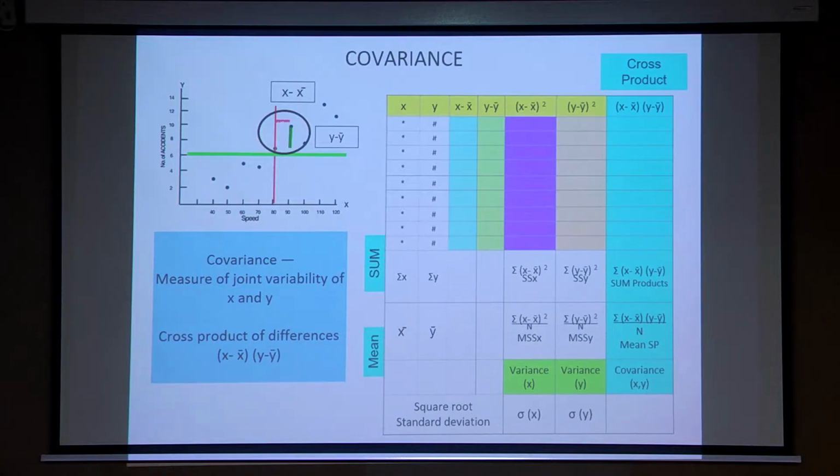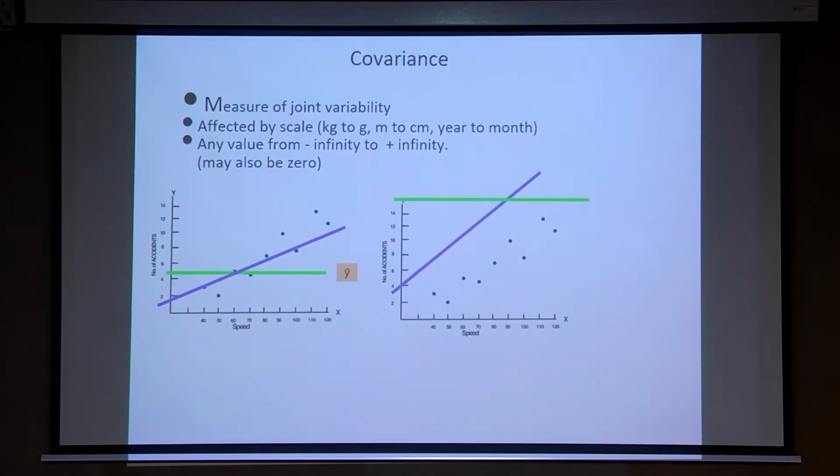So what information is this covariance going to give? The problem with the covariance is, if I apply placental thickness in millimeter, it will have a different graph. If I give centimeter, it will give a different graph. So it varies by the scale, and it can take any value from minus infinity to infinity. If there is totally no relation between these two variables, the covariance may be 0.